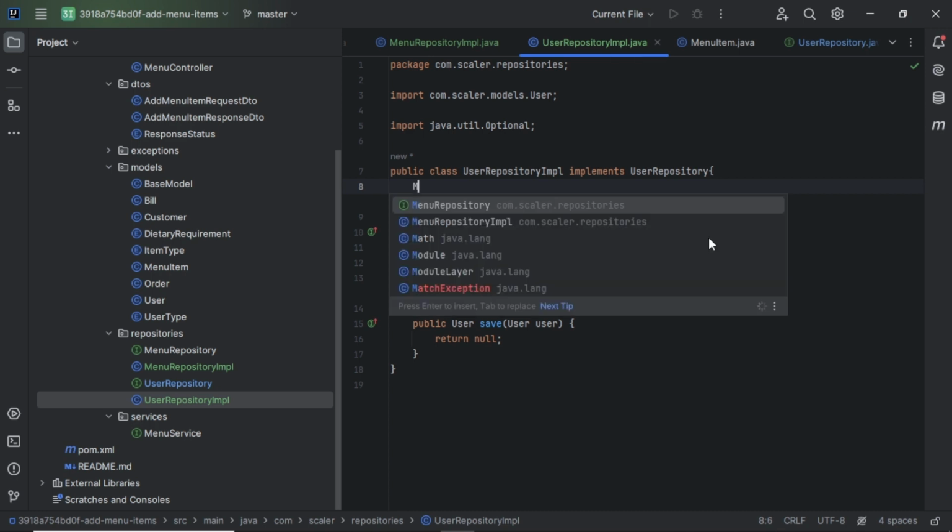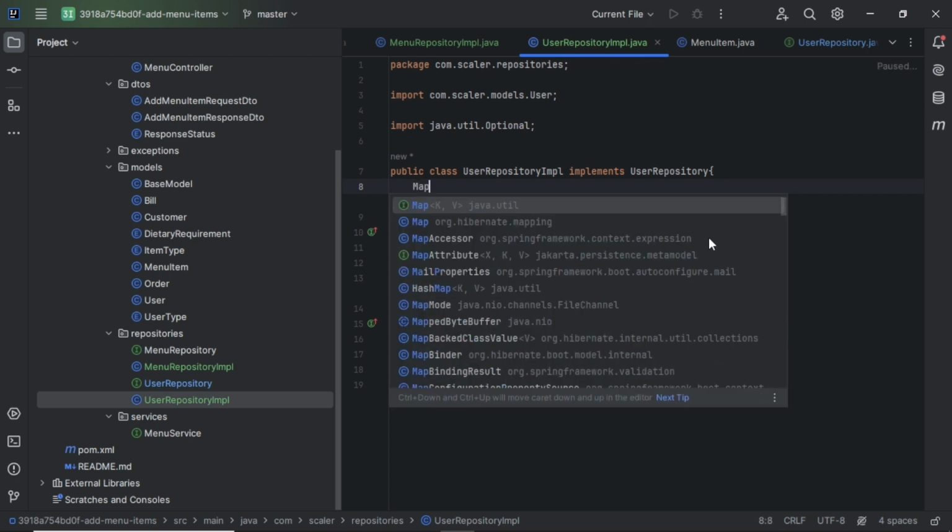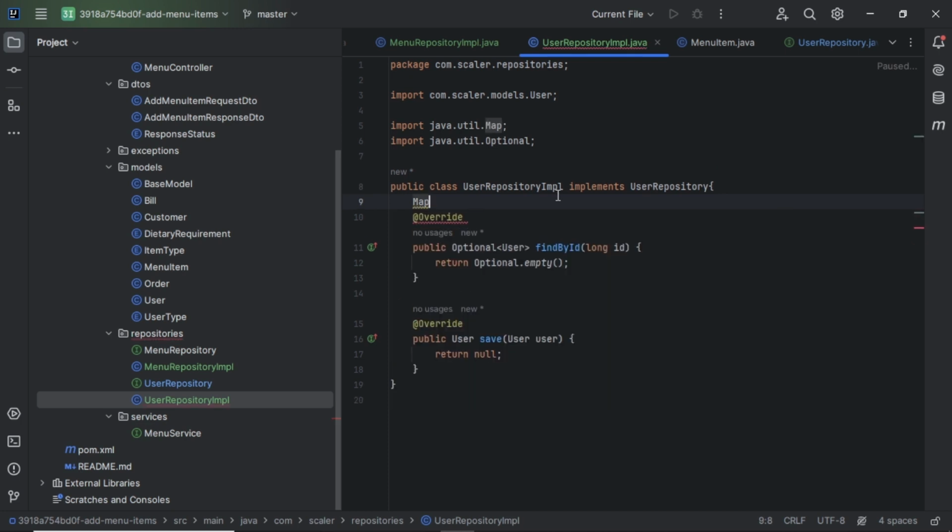So here I just write the map, and as you can see, map is an interface. Okay, and whenever we define the type, we will define the type of the interface for the loosely coupled component. I can write hash map also, but I'm using map here at the time of type. And then later on, whenever we create a new map, we will use the hash map. So in the map, you can see we have two things: one is the key and the other is the value. So simply it imported.